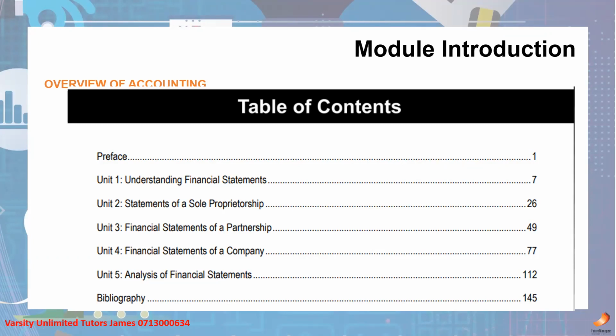And then unit number 3, we go to what are called partnerships. A partnership is whereby 2 or more people own a particular business but have not made that business a company. So it is not a company, it is just a normal business, but it is owned by 2 or more people who are jointly managing that business. And then unit number 4, we go into companies.